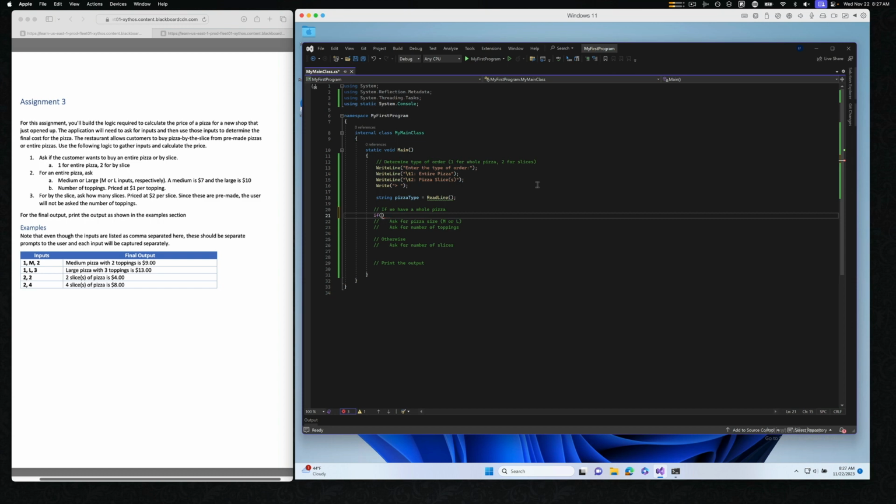So I can just say if pizza type equals, since it's a string, I can say if pizza type equals 1, then do this. And let's move my comments into here. Otherwise,